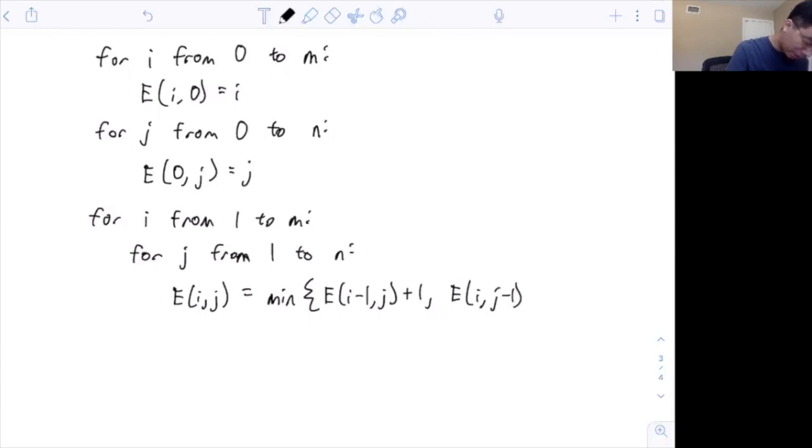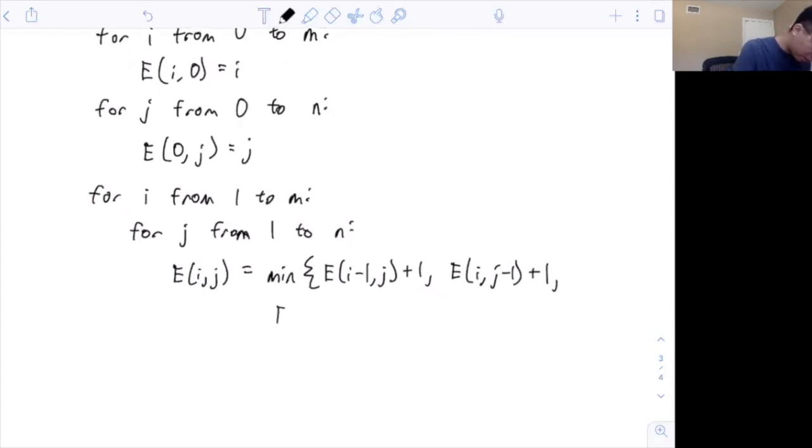This is an insertion. And then for substitutions, we would use e of i minus 1, j minus 1, plus